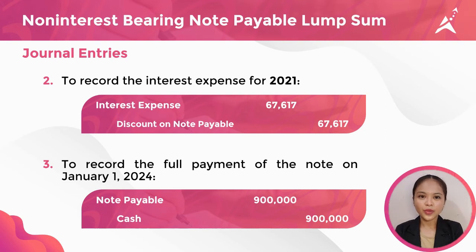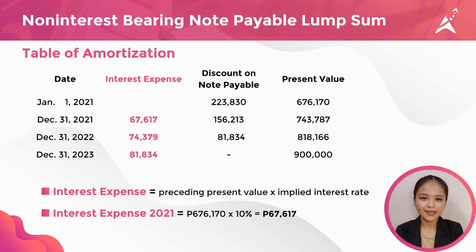Just like what we did with the previous illustrations, here's a table of amortization. Again, the first column is for the date. Next, the column of interest expense is the same as what we did in the previous illustration. So, for 2021, the interest expense is computed by multiplying the preceding present value of 676,170 pesos by the 10% implied interest rate. So, the interest expense for 2021 is